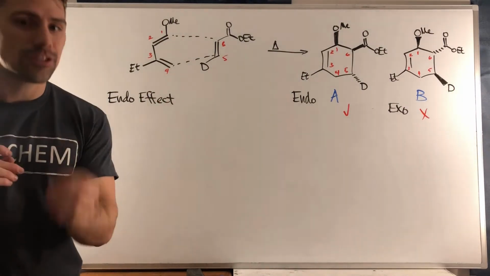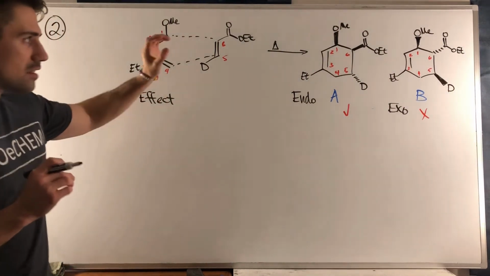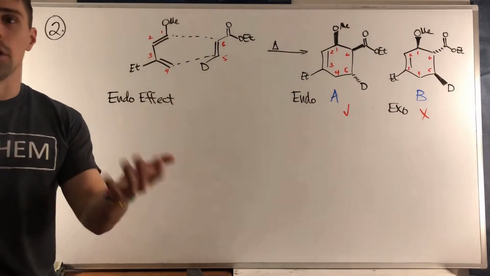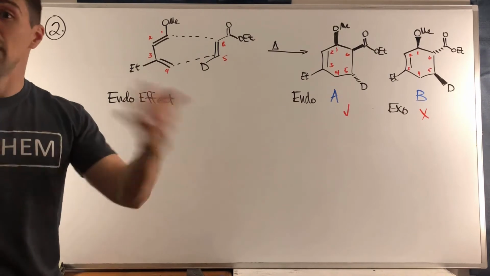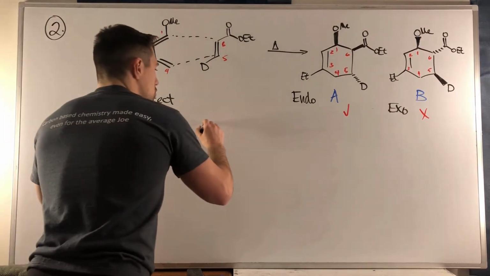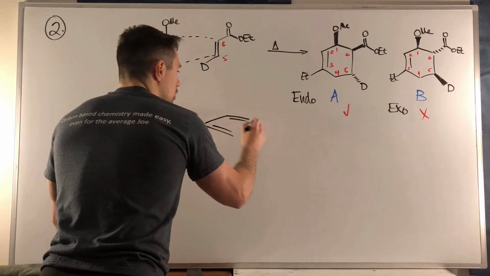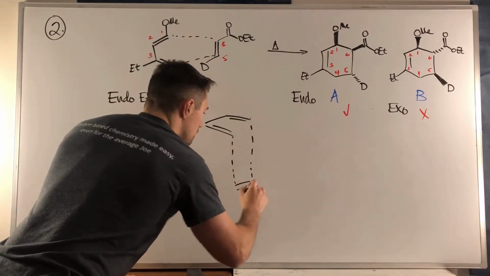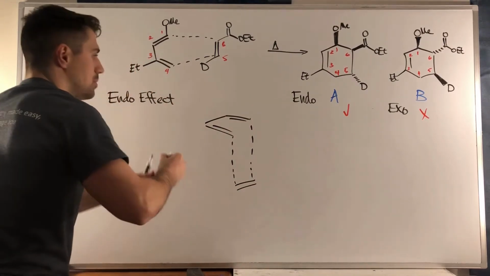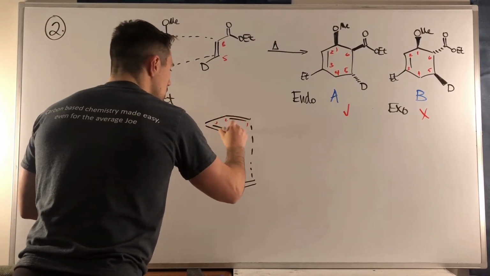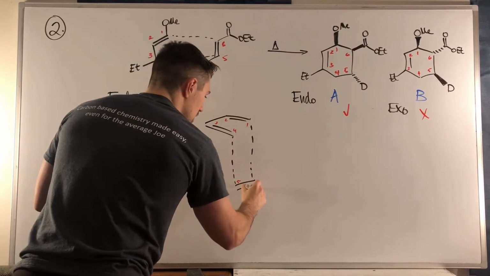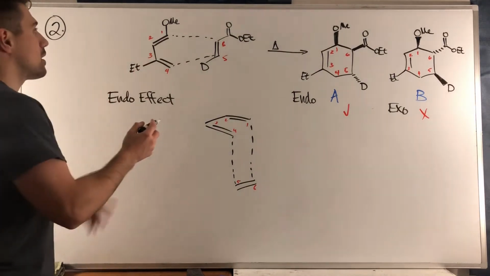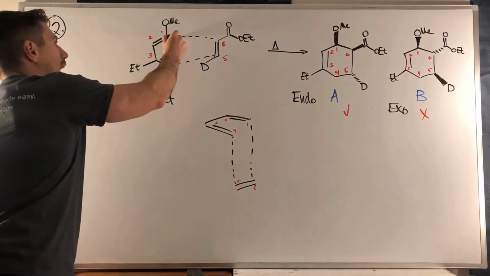Let's draw a transition state, because you can see that clearly this is what is forming. We know the transition state is where we see the endo effect manifested. So what we can do is show, and I'm just going to draw the diene hovering over the dienophile. Okay, so this could be carbon number 1, 2, 3, 4, and then we'll do 5 and 6. Okay, so remember, on carbon 1, we have this O-methyl, and remember, I have a hydrogen over here, and it's